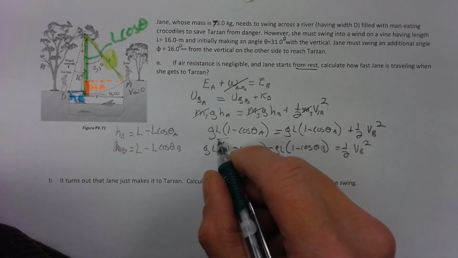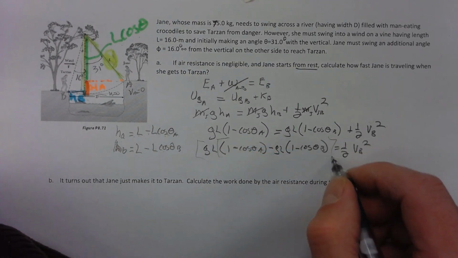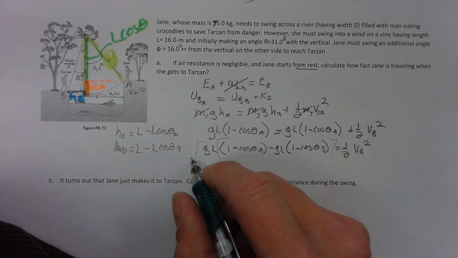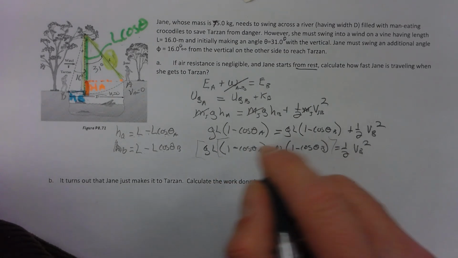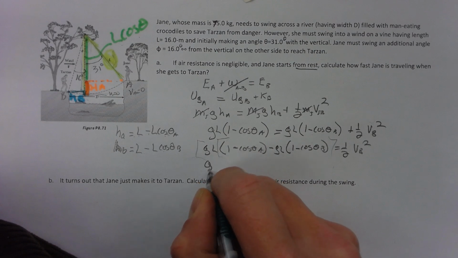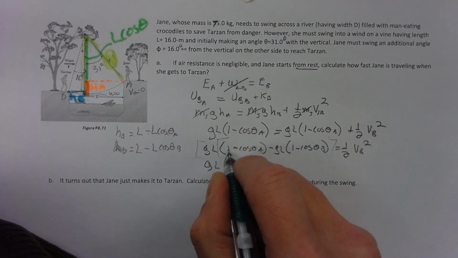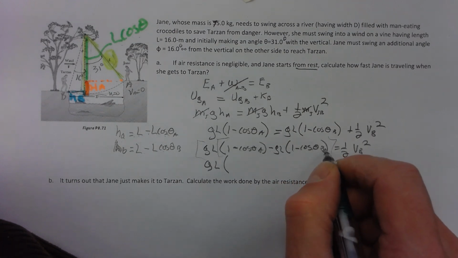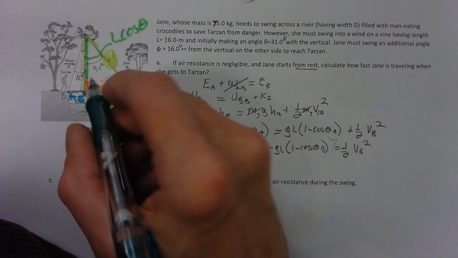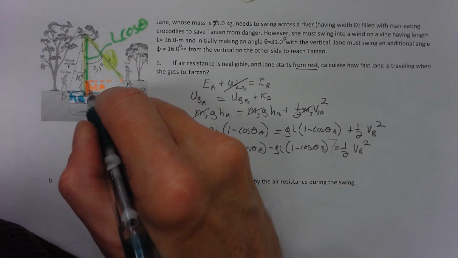If we take this whole big thing, we can factor out the gL, and then we've got all that junk in there. So we factor out the gL, we've got 1 minus cosine theta at A minus 1 minus cosine theta at B. So it turns out that change in height is just this little portion here,